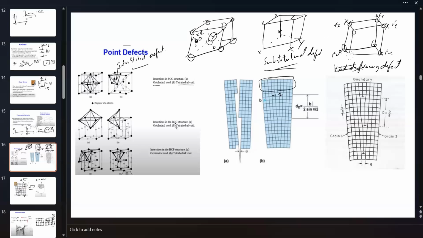So this is just an example of different tetrahedral and octahedral voids. This will structure FCC, BCC, HCP. And you have your line defect